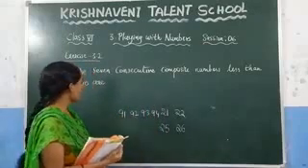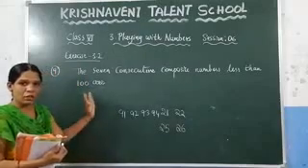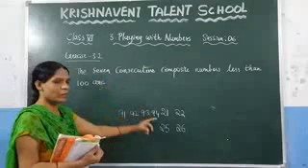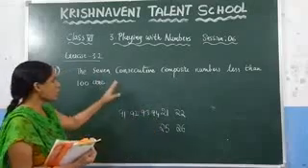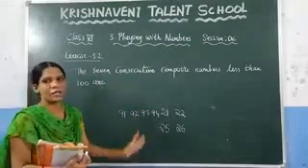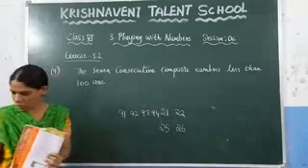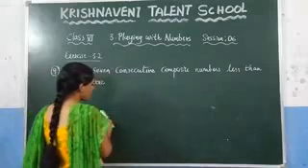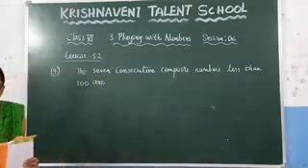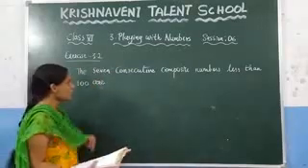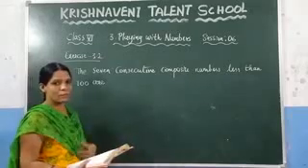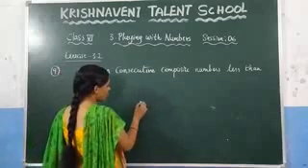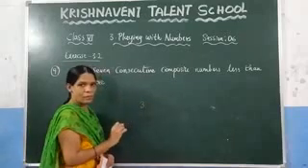Here they ask to write the numbers below 100, and you need to write 7 numbers such that all should be composite numbers. And what is the condition here? You need to write the next number. You know what composite numbers are: the numbers that contain more than 2 factors we call composite numbers. And you need to write 7 such composite numbers less than 100.